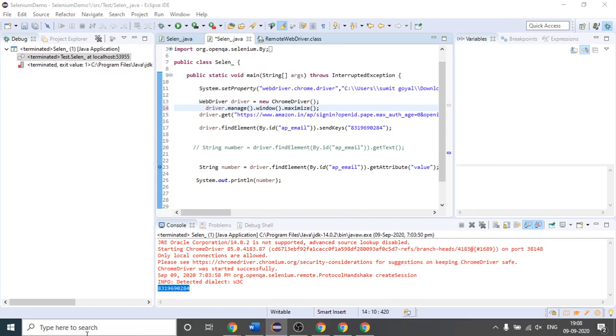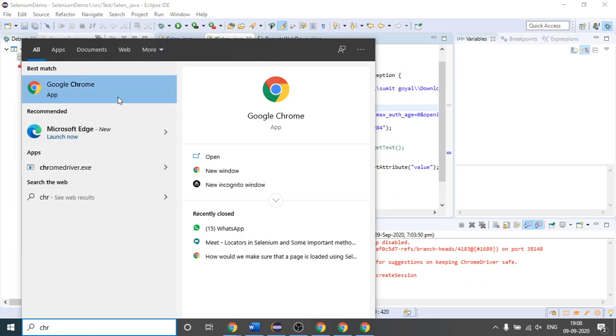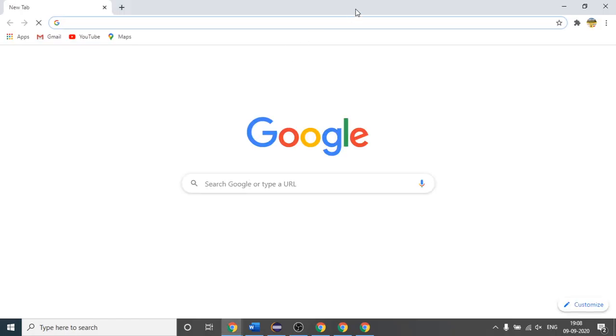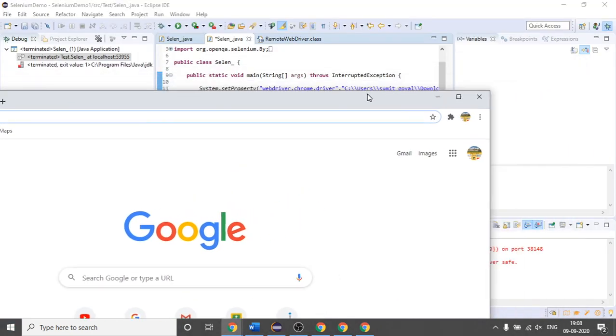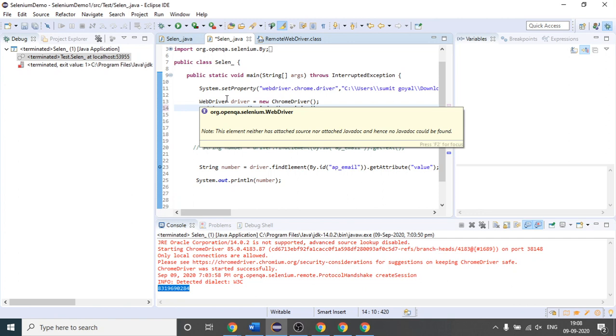If I open my Chrome browser manually, you are saying that it is opened in full mode. What is the question?